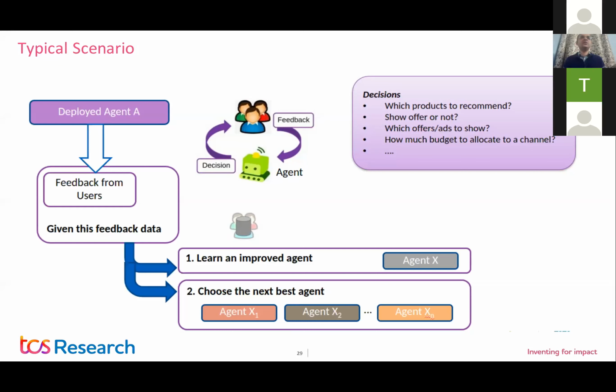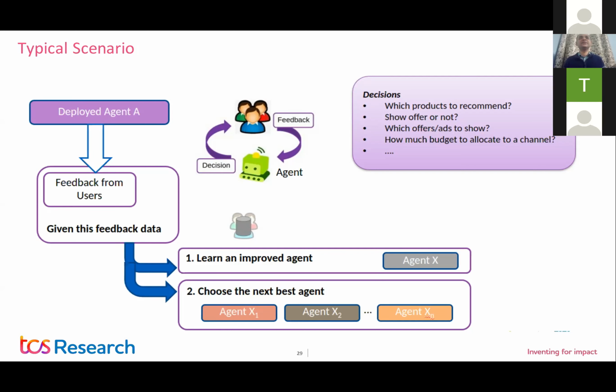This is how a typical pipeline would look. You would deploy an agent A. When I say an agent, it is a decision-making agent. In our case, it is a recommender system. So you would obtain a recommender agent based on some simple things, like the STAN approach, which is based on simple heuristics or rules or domain knowledge. You would deploy that recommender agent and collect data using that recommender system. Now, once you have collected a fairly large amount of data, the next thing you want to do is